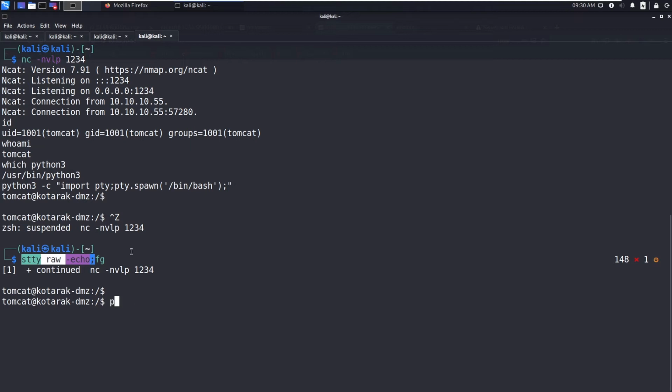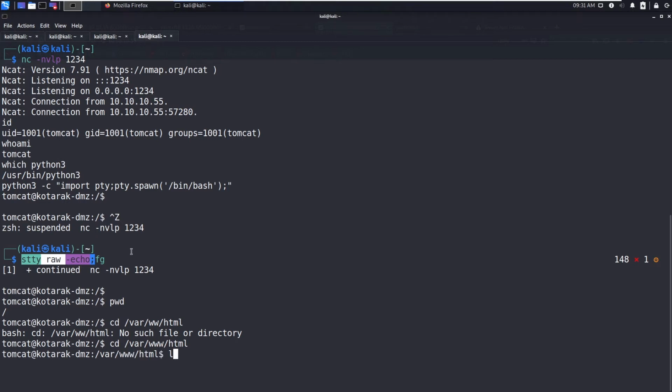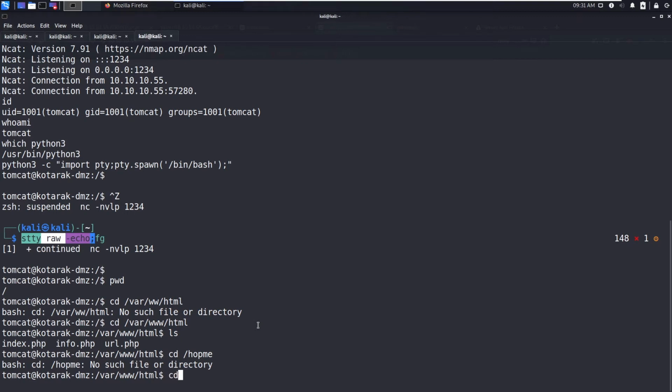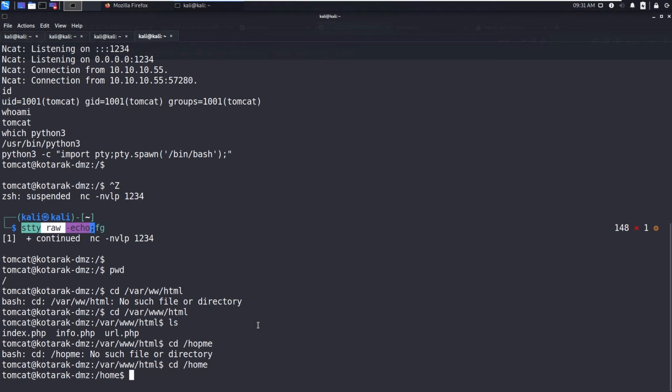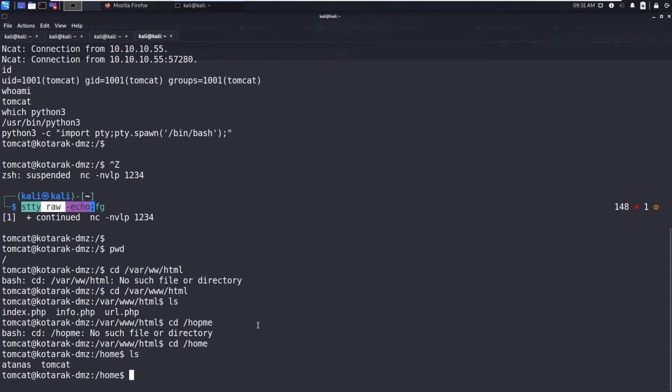Okay, where am I? PWD. I have checked all these files, but there is no information. Let's go to home, cd home, and ls. There are two users, Atanas and Tomcat.